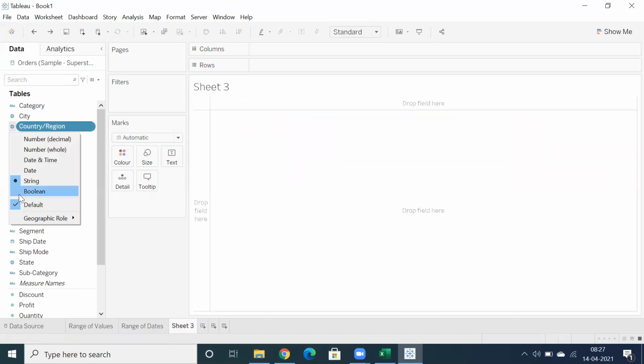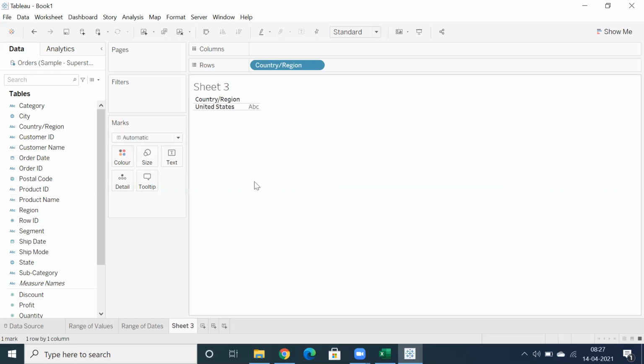Whenever I remove the geographical role, setting it to none, I didn't select the geographical role. What is the data type? String. It's the same. Now, when you double click, initially we double clicked to create a map, right? When you double click on country, are you getting any map now?